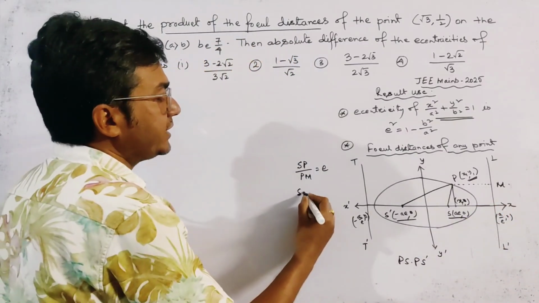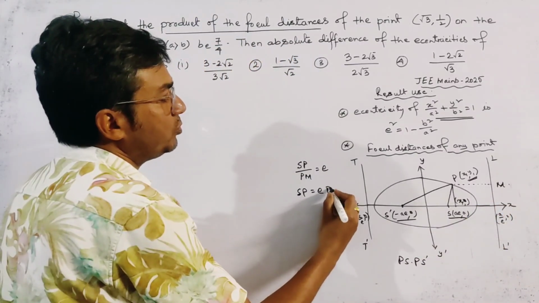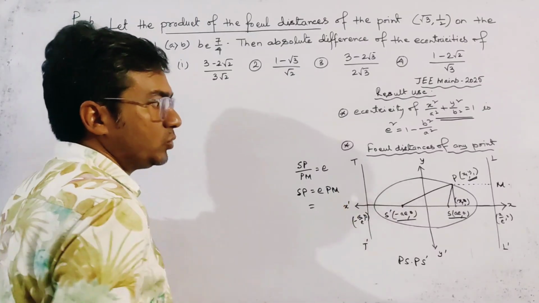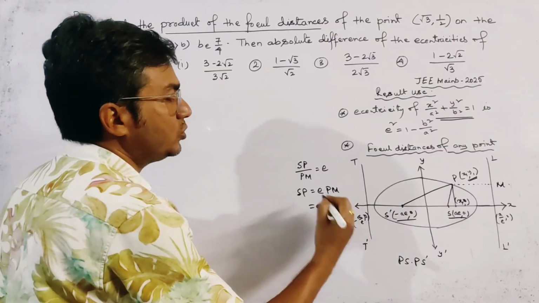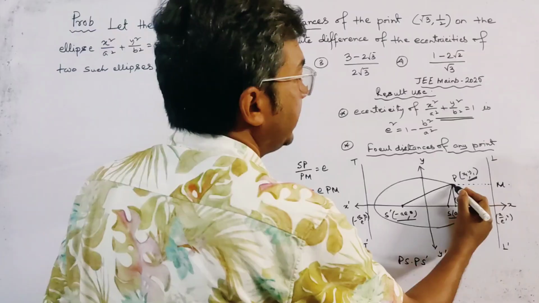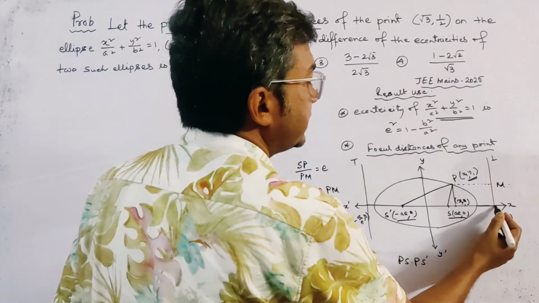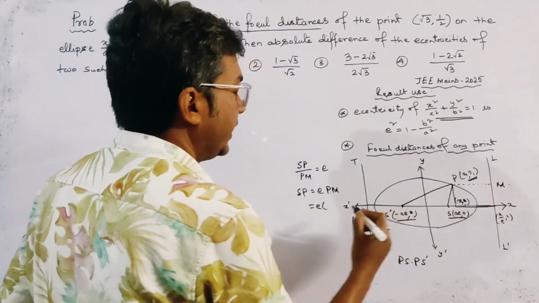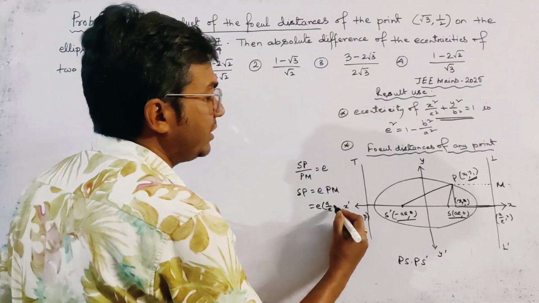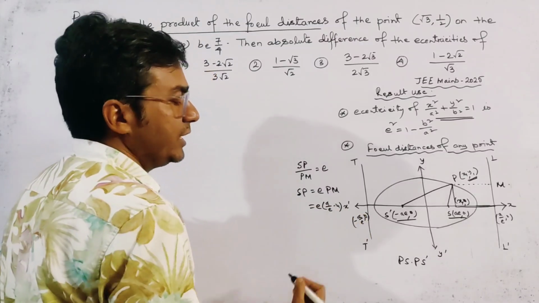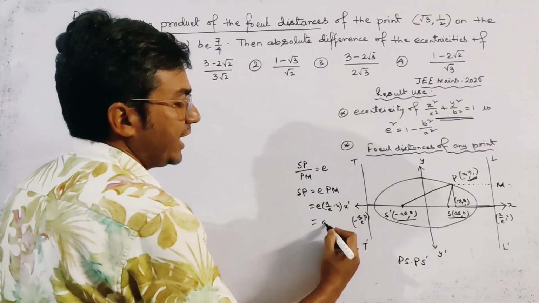Now SP means e into PM, and PM means this distance, so it is clearly a by e minus x1,